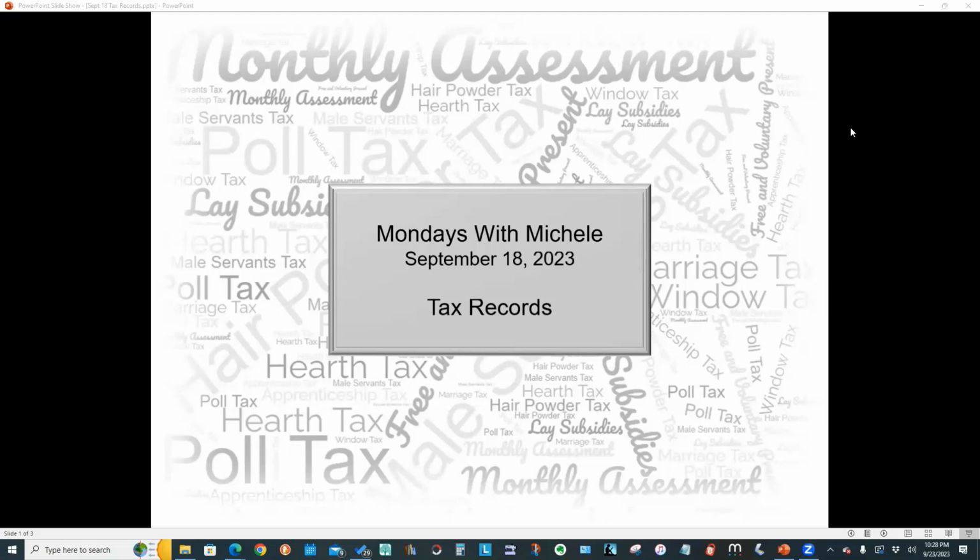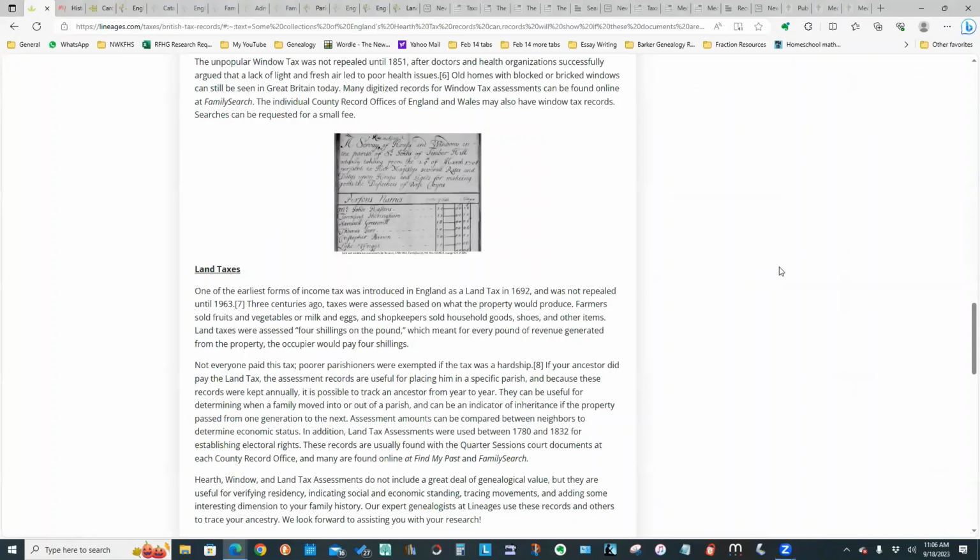This week's topic, tax records, what they are, where to find them, and how you can use them in your research. Join us as we take a closer look at some hearth tax, window tax, and poor rate documents. Let's get started. So what I thought I'd talk about today is some of the records available for taxation,